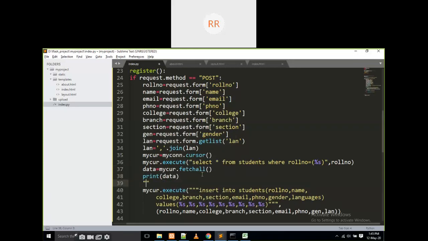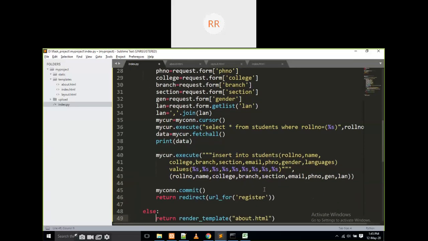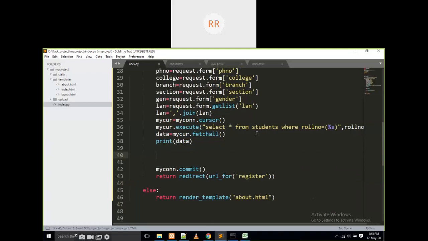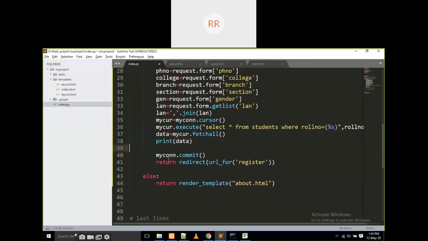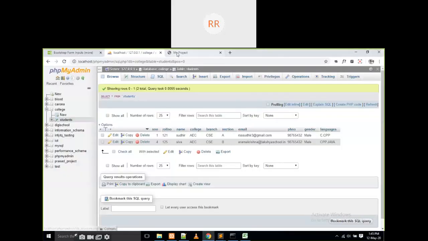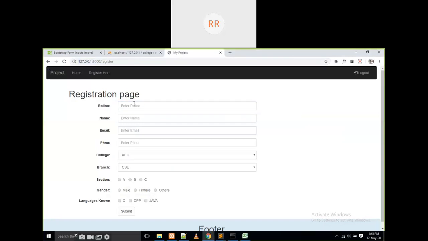Up to that, I am going to comment or cut these lines. What is this? I want to cut this one. I'm not going to insert the data. First of all, I am going to view whether there is any data or not. That's it, nothing else. Okay. How to write it? How does it work? Just I am going to write here. I am going to give 121 here and like this.